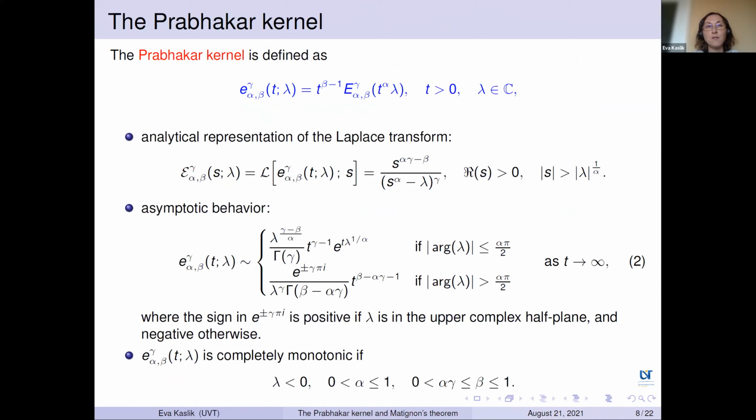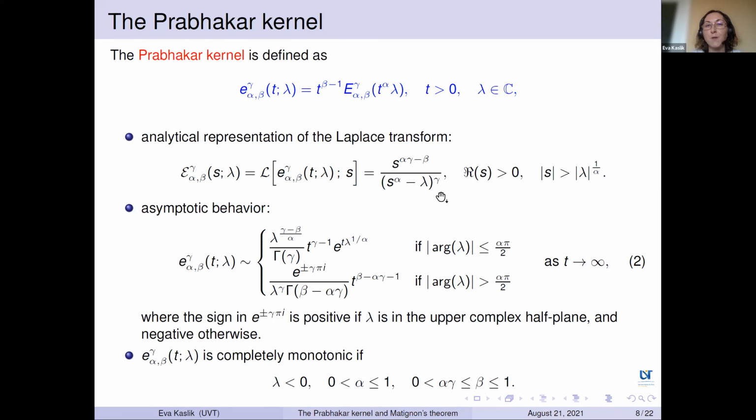Okay, so I will continue with some generalities about the Prabhakar kernel, which is defined in this way. So again, we have three parameters alpha, beta, gamma, and also an additional complex parameter lambda. And so the value of the Prabhakar kernel at t and lambda is t to beta minus 1 times the Prabhakar function computed at t to alpha times lambda. Here t is positive and lambda is complex. As I have mentioned earlier, an advantage of the Prabhakar kernel is that we have a quite simple analytical representation of its Laplace transform,